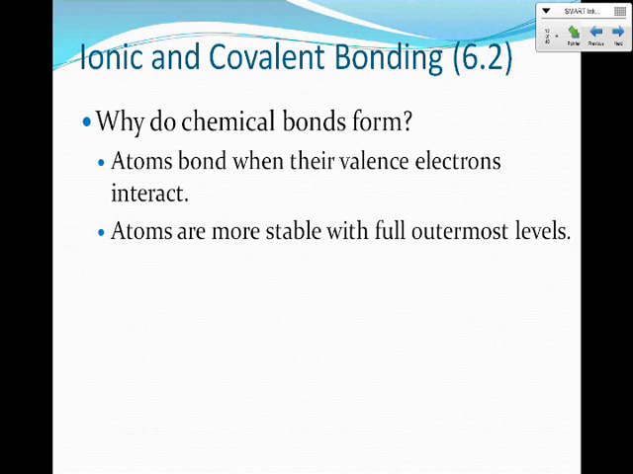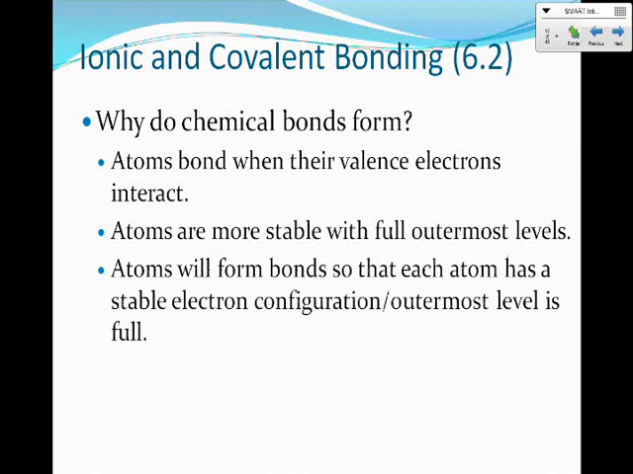Now remember, energy level 2, 3, and 4 are full when they've got 8 valence electrons. Your first energy level is full when it has 2 valence electrons. Now, atoms are going to form bonds so that each atom has a stable electron configuration, and all that means is that that outermost level is full. So if their outermost energy level on the atom is full, then that means that they have a stable electron